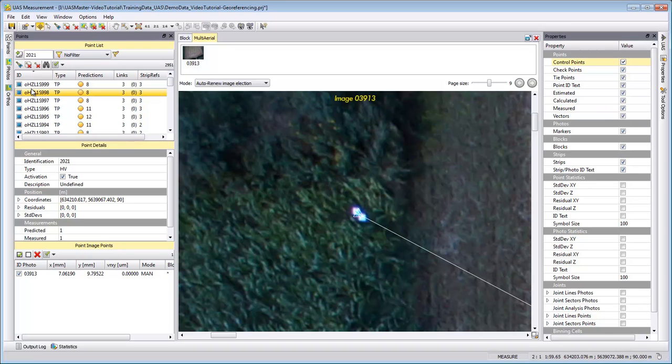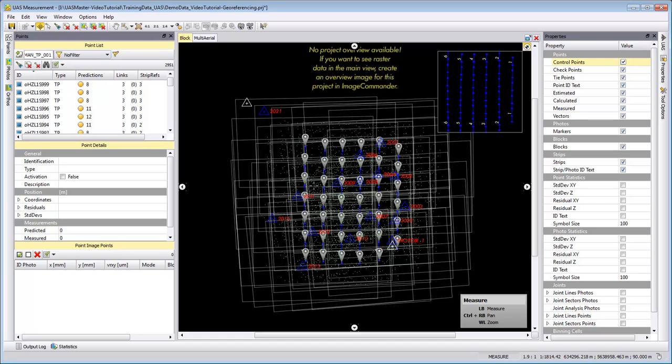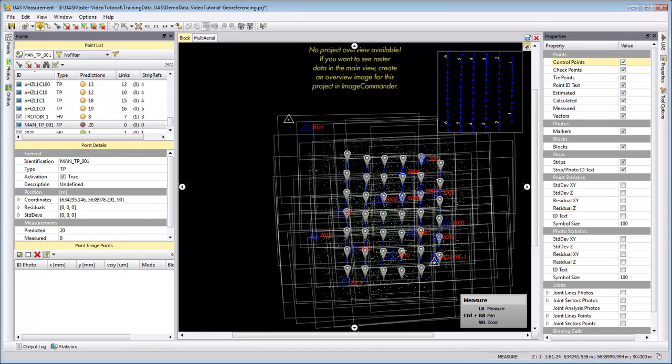which makes it easy to understand they are not made by a manual measurement. If we want to add a manual tie point, it's very easy. We can use here a naming function. I will call my manual tie points MAN underscore tie point underscore 001. And if I click now in the block view somewhere with the measurement function, then I add now this tie